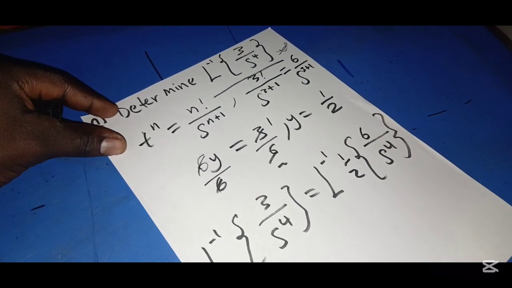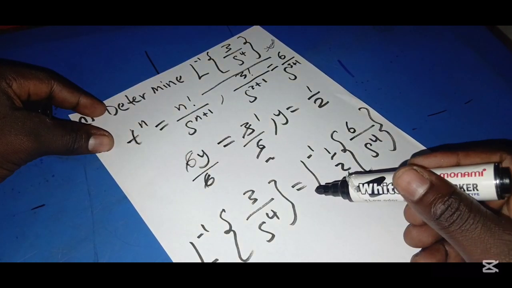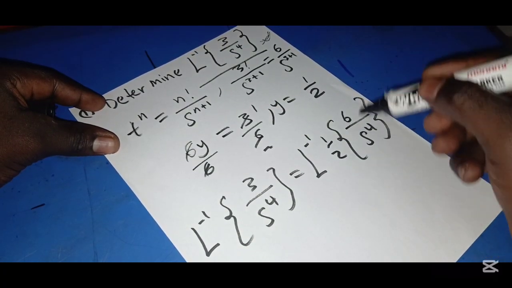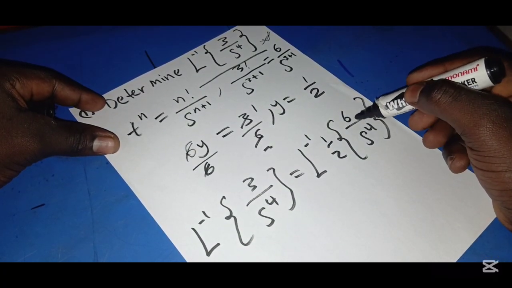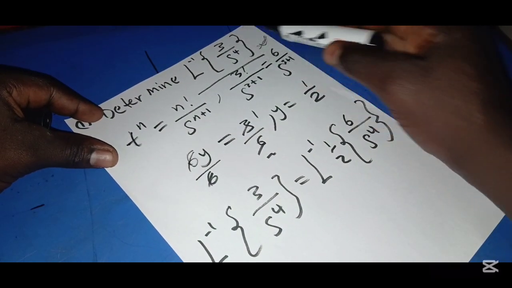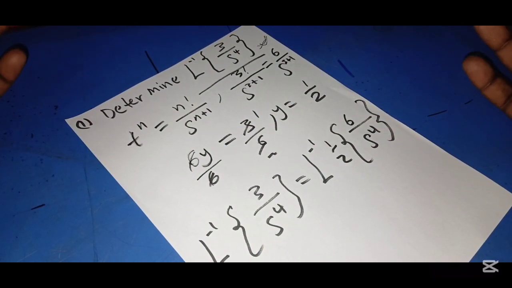I hope this is clear, because looking at this, if a half should multiply through this, 2 goes here, 1, 2 goes here, 3. So at the end of the day, we are going to get 3 over s to the power 4, which is the same as this. Sometimes you can analyze it and see the constant straightforwardly, but mostly if you are not good at guessing,